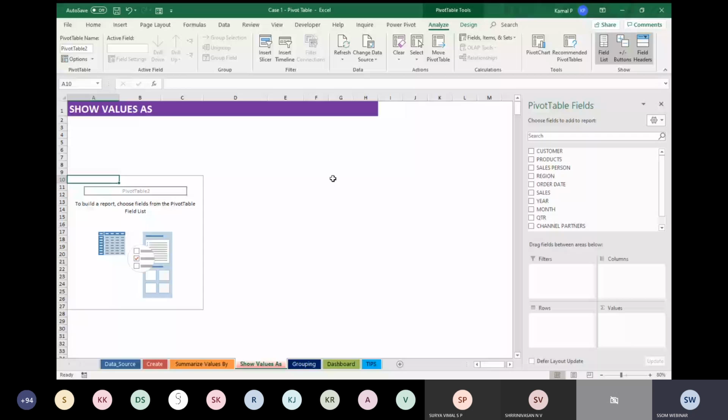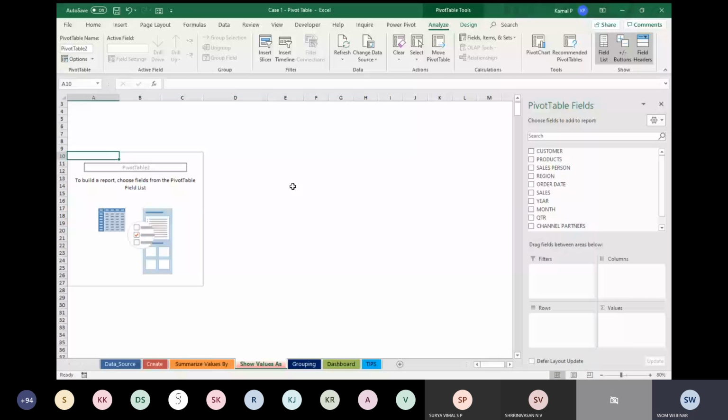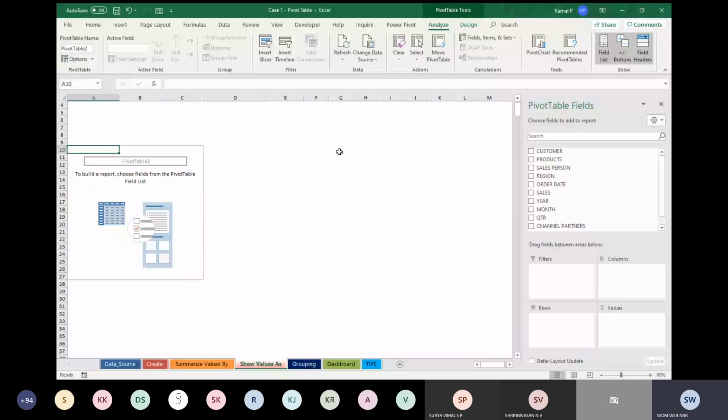In case you want to alter this pivot table or rename it, straight away you can go to the menu, analyze. You can see the pivot table here. Whenever a new thing is created in your Excel sheet, you can see it in your menu. Any pop-up menus are added.